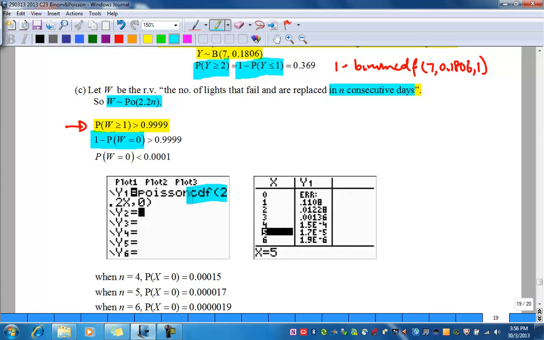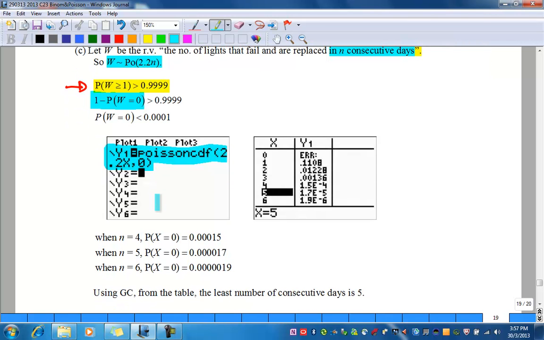With that in mind, we need to key into the GC Y1 as Poisson CDF with the lambda as 2.2x and 0. And calling out the table of values as shown in the screenshot on the right, we need to look out for the value such that it is slightly, the first number to be less than 0.0001, which corresponds to 5,